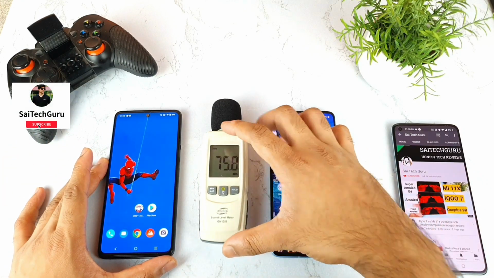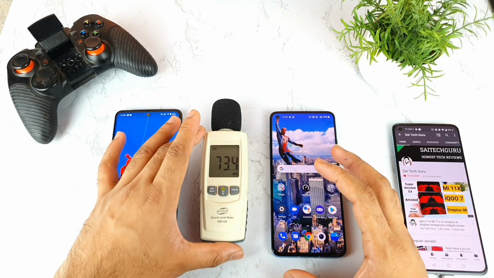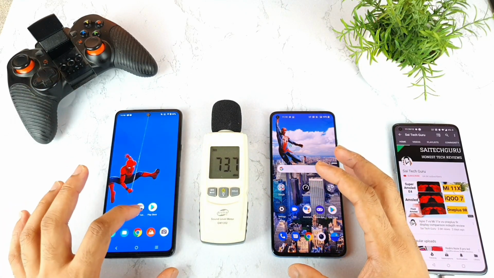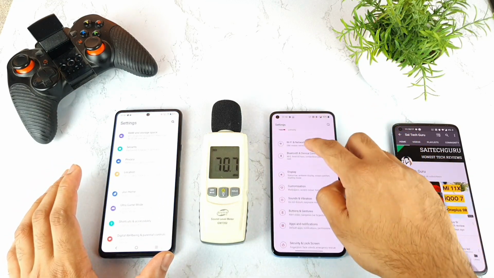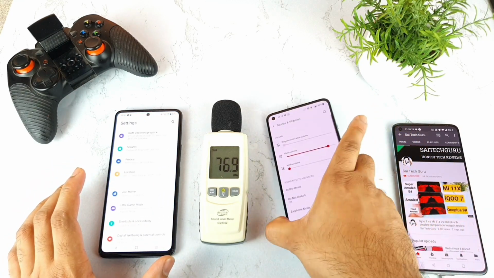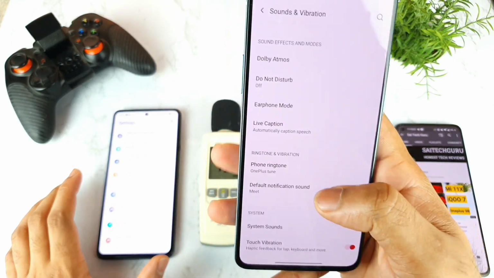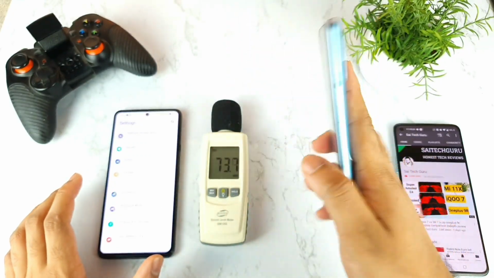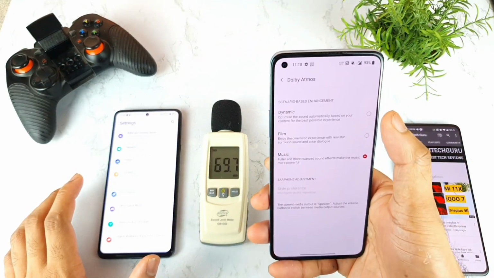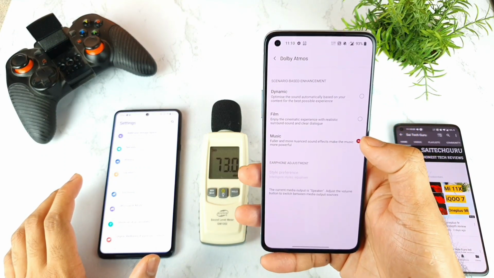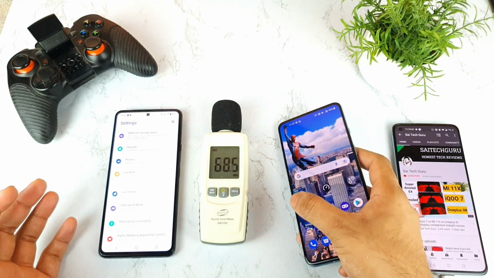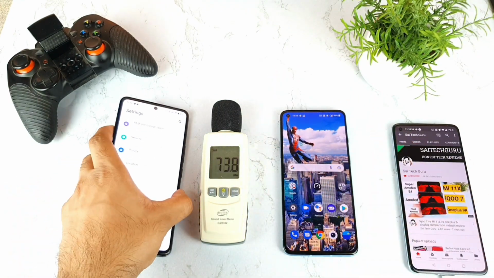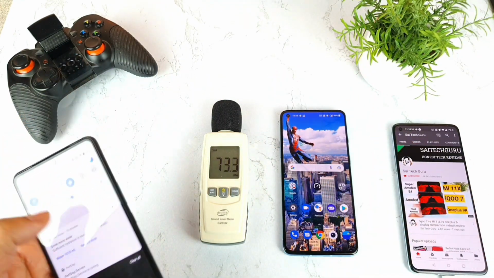There is a small meter which is available. As you can see, I'm trying to place it exactly in the middle. Before starting the test, let me quickly show you friends the settings I'm going to use in this complete video. In sound and vibrations, you can find the Dolby Atmos option, as you can see friends. In the OnePlus 9R you do have that kind of feature where you can enable Dolby Atmos. I'm using the music option because I'll be playing music. Whereas in this IQ7 device there is no such option present right now.